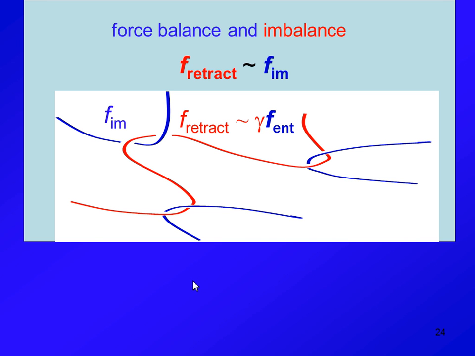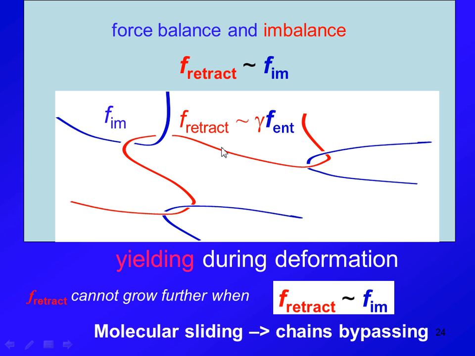So, in short, the minimum, right? Physicists like to talk about minimum model. The minimum model one has to look at is beyond this test chain red. One has to visualize that test chain. The reason it could deform in an external field is because the blue chains are grabbing it and displacing it. So as you displace, the red chain becomes more deformed, the elastic force in the red chain grows, but cannot grow without bound. It has to stop at some point. At what point? At the point where the force provided to stretch this red chain is of a finite amount. In other words, there should be an intermolecular gripping force of a finite amount, and the force cannot grow beyond that. Beyond that, sliding has to take place,